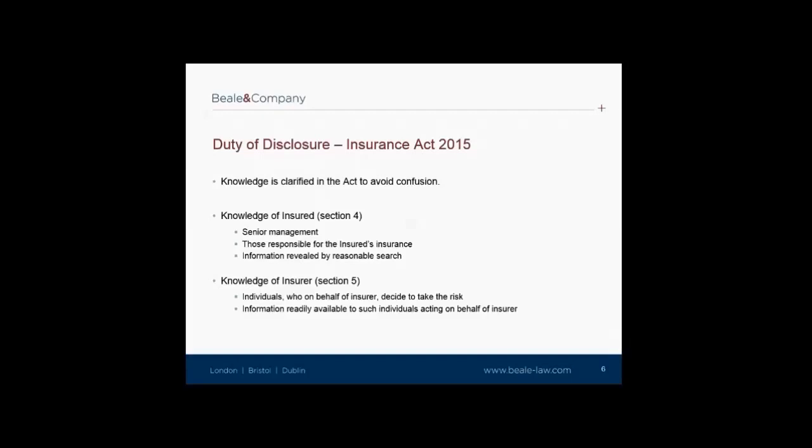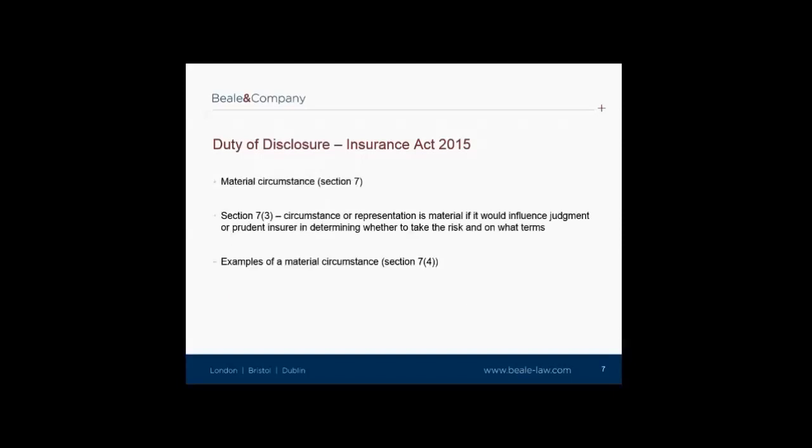The insurer ought to know anything which an employee or agent of the insurer knows or ought reasonably to have passed on to the underwriter. For example, information held by the claims department or experts' reports commissioned for the purposes of assessing risk. This will include things which are common knowledge and information which is held by the insurer and is readily available to the individuals acting on behalf of the insurer. For example, information held in electronic records held by the insurer organisation.